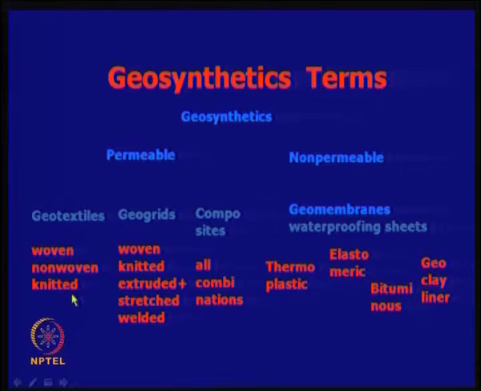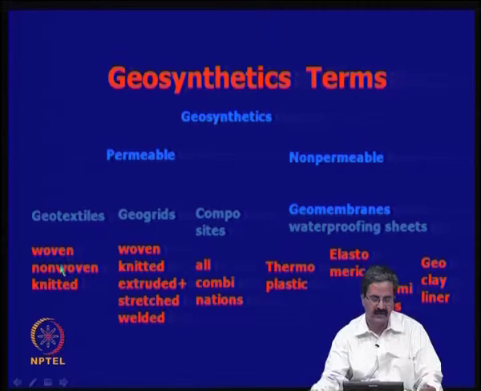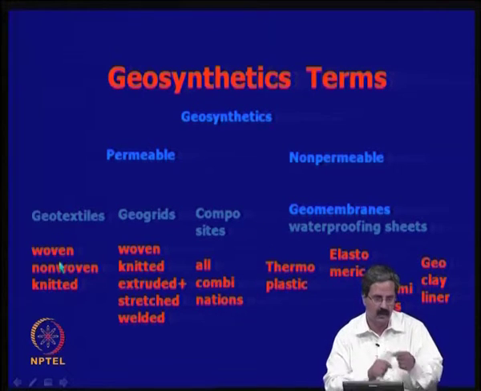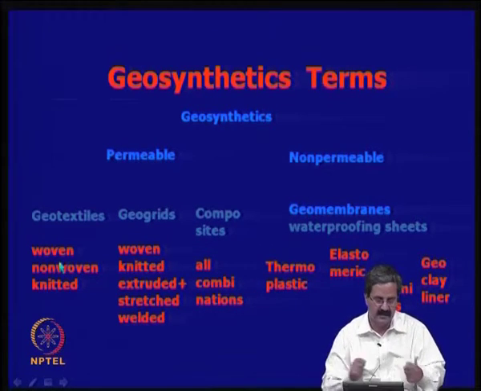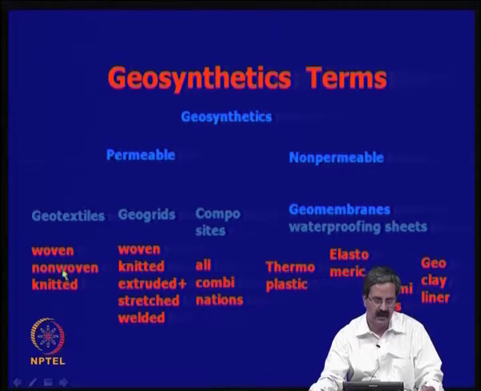So, in this we have many types of materials. One is called woven, the other one is non-woven, and the other one is knitted. Depending on the manufacturing process, it is classified as woven, in the sense of one material over the other, simple weaving that in India we are used to, that textile mills have. Non-wovens are either heated, and knitted is another method.